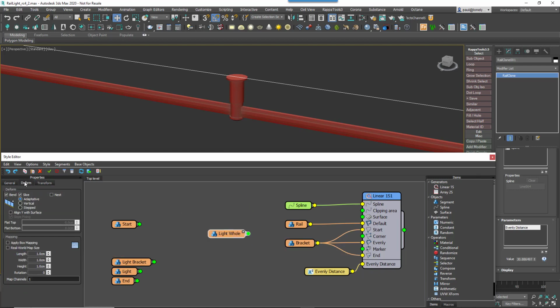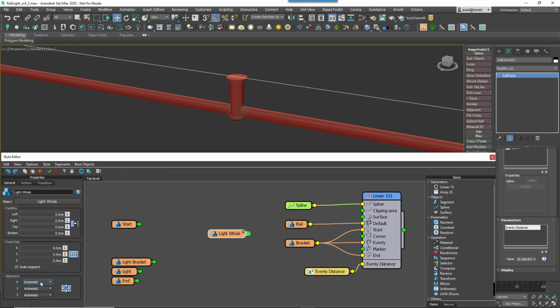Select the light hole segment, disable Bend and Slice, and change the X, Y and Z alignment to pivot. To add this, we will also need to use the default segment, since we want it to be between the evenly segments, but there's already a rail in there. So let's create an